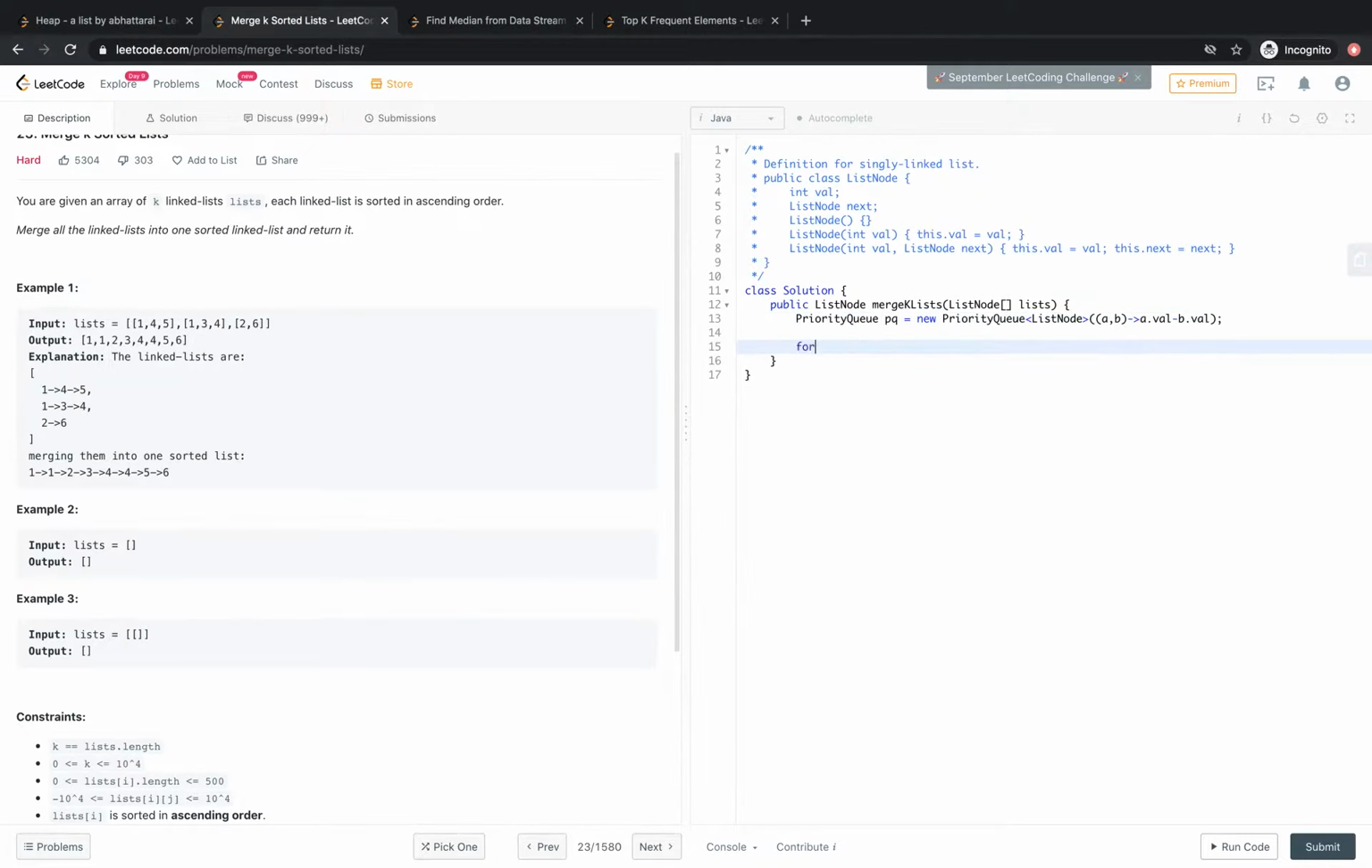And now for every ListNode L in lists, we will do priorityQueue.add. What will we add? We simply add this list, so we are adding all the individual lists. Now while the priority queue is not empty, while this is not empty,